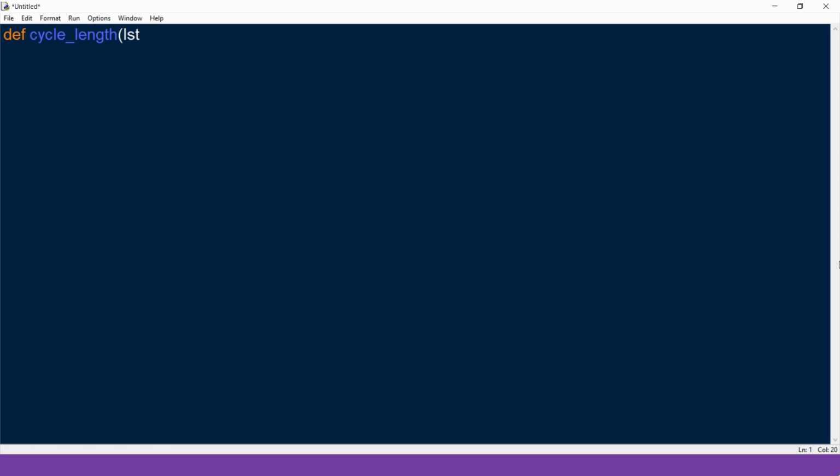The first one is the list that contains the 9 items, and the second is the starting number which we need to swap first. First we need to copy the list to a temporary variable, that is L. Here we are doing a deep copy.